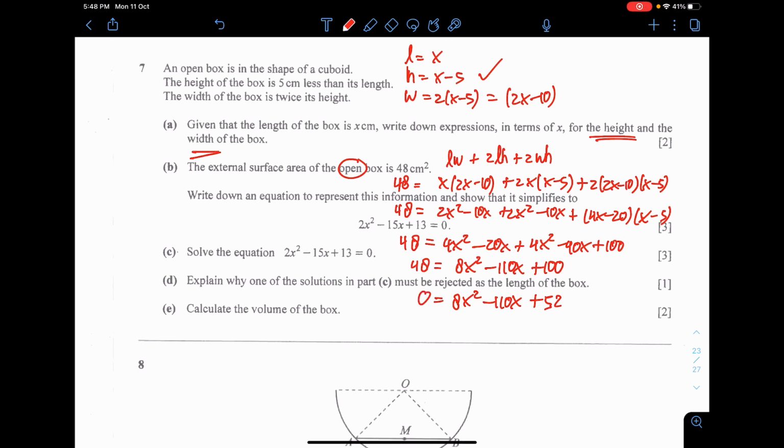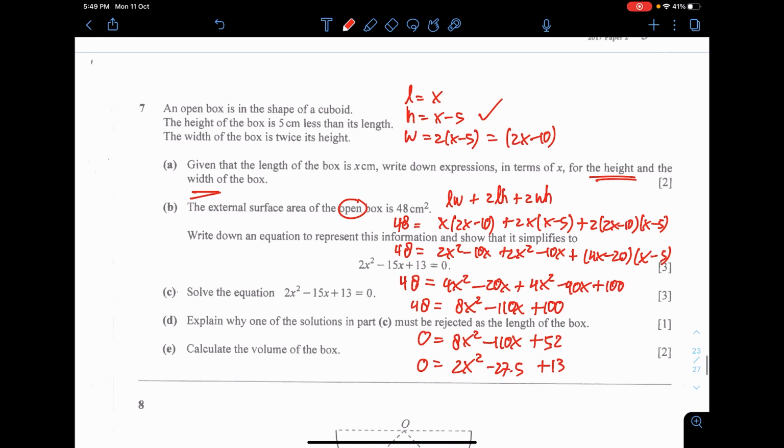Okay, divide by 4, does it work actually? No, I want a 2x squared. If you want a 2x squared, then you need to divide by 4. Okay, I feel that I actually made a mistake because I'm going to get 2x squared here and 13 there, but 110 divided by 4 is not that friendly. I got 27.5, which is extraordinarily too large. Okay, give me a moment guys, let me take a look at what is wrong.